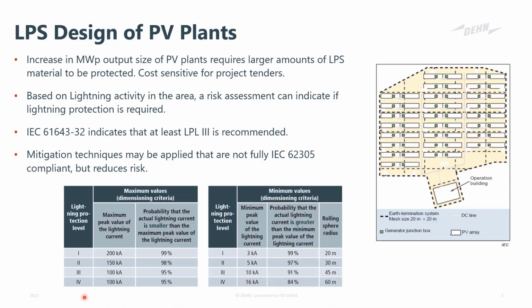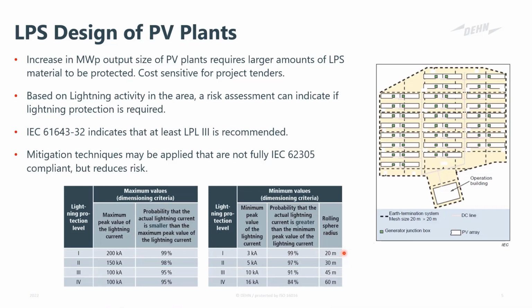And as you move up to lightning protection level 1, the higher band also increases, so we protect up to 200 kiloamps, and the lower band also goes closer to 0. So you can see it also starts protecting from 3 kiloamps. That means the band widens, so you cover a bigger range of lightning strikes with a level 1 as opposed